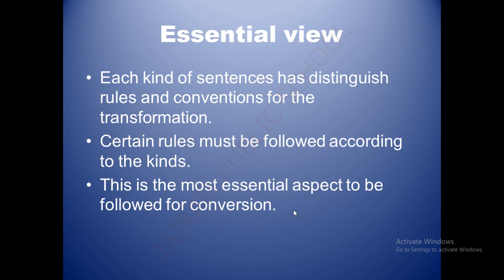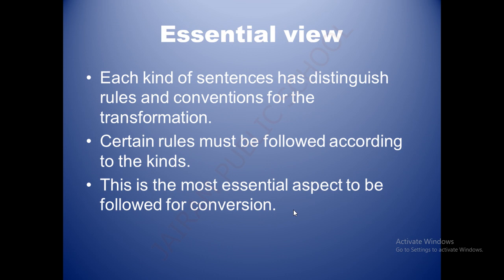Next one, rules of the topic. What are the rules of this topic? The first one is tense to be changed. The second one is reporting verb to be changed, and the third one is pronouns must be concentrated, and the fourth one is kinds to be noticed properly, and the fifth one is conjunction to be added, and the sixth one is nearness words will become distance words, and the seventh one is modals to be changed.